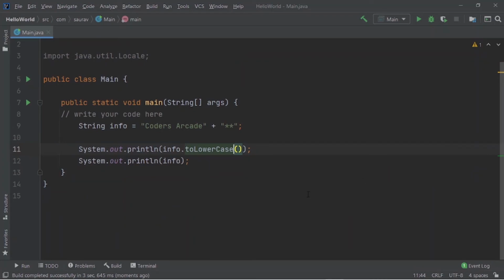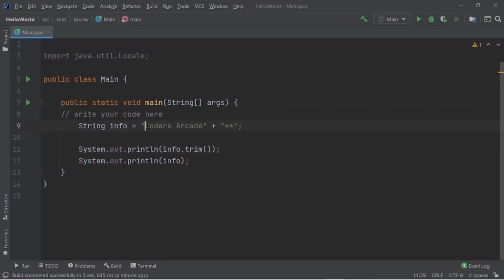And I want to show you one last method in strings, which is trim. Trim means we can delete unwanted white spaces which sometimes are there in the strings. Suppose a user is providing any information, in case of a name or something, by mistake they provide some unwanted spaces. In that case, we can trim the spaces by using this trim method.